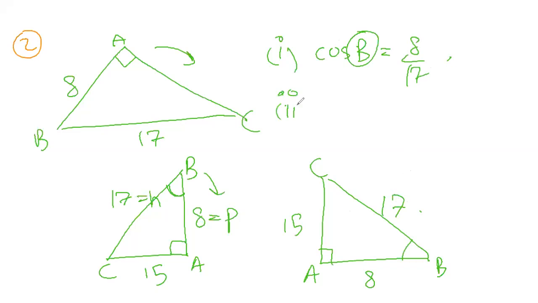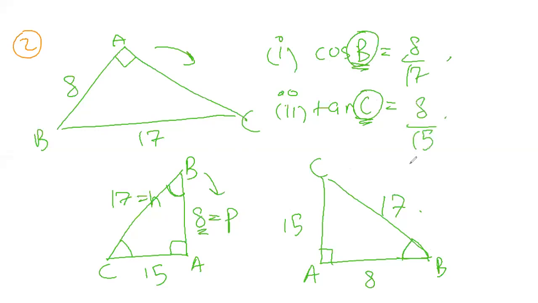Our second question states that find tan C. Now tan C, we'll look at both of these figures and we'll see which is appropriate. So if it is saying that cos B is here, we have to bring this down for ease of calculation. So B is here, but if it says tan C, it is already down. So whatever alphabet is mentioned over here, it always has to be down. It does not have to be up. So if it is up, you have to rearrange it to get down. So here tan C, there's no need to rearrange the triangles. So with respect to angle C, tan C is perpendicular upon base. That is 8 upon 15.